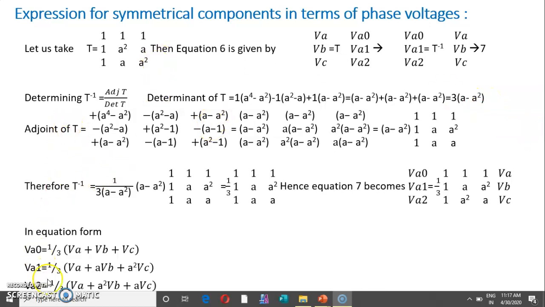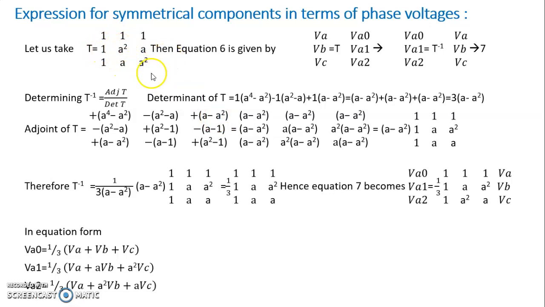Now to find the adjoint of T, again we will repeat the same, and we know that the diagonal values we will substitute with a minus sign. This is a cross rhombus structure, and all these elements will carry a minus sign. I have just multiplied and kept them. So this row we have closed: a raised to 4 minus a square I have kept as it is. This row you close: a square minus a we have kept as it is with a negative sign. This row you close: a minus a square I have kept as it is. Then this row completely you close: a square minus a we have maintained. Then continue with the same thing, and you will get all this.